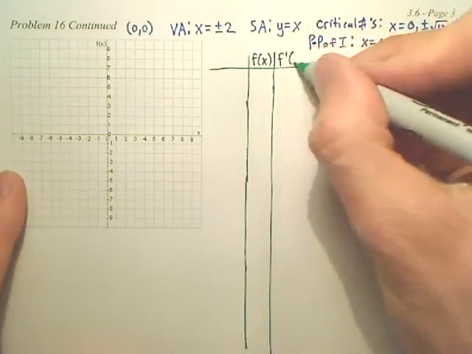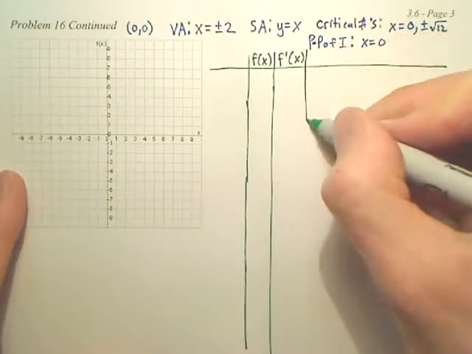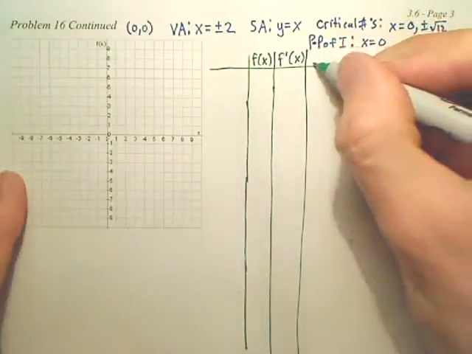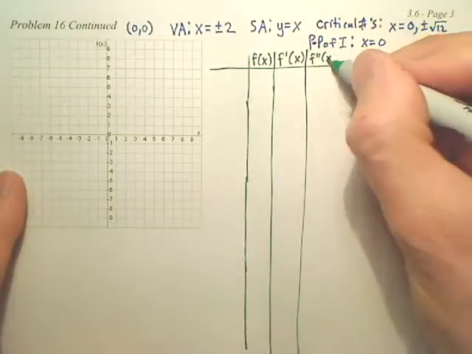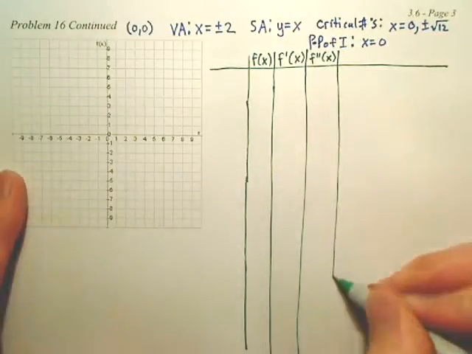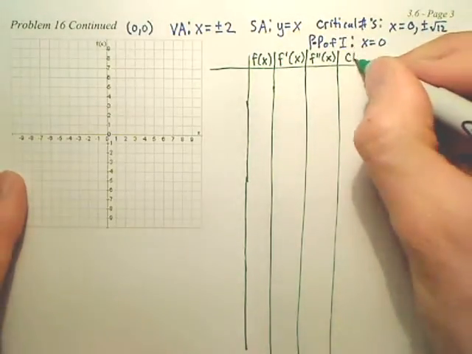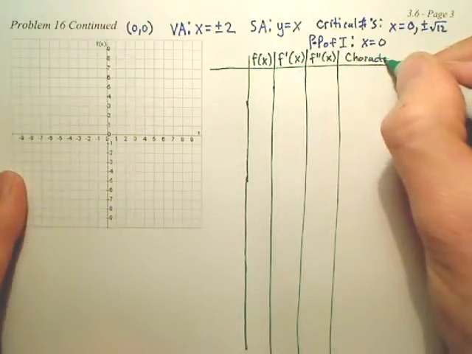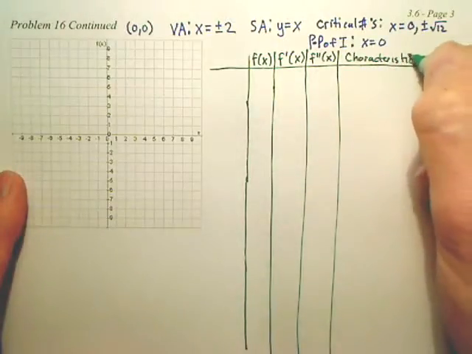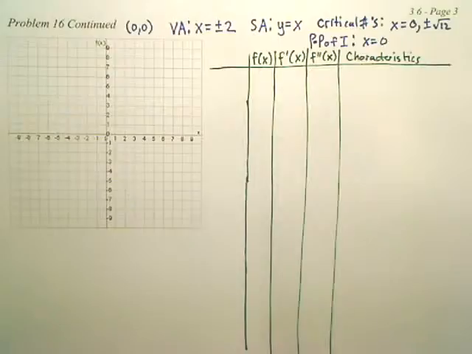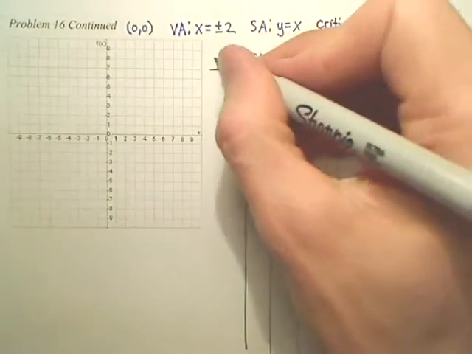Then you're going to have f prime x. Then you're going to have f double prime x. And then you're going to have characteristics. So, to do this, our intervals